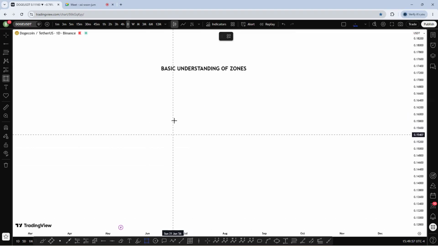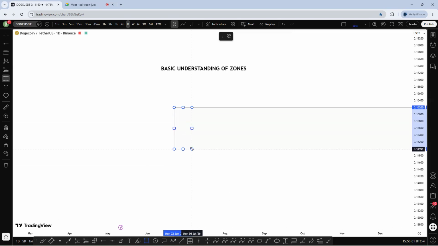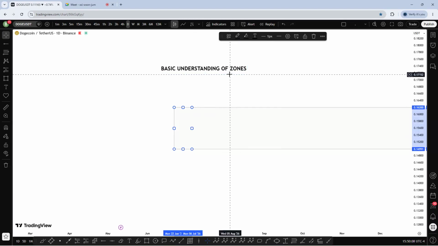So, as I told you before, a balanced market is a market where buy and sell are equal. For example, this is a buy, this is a buy,